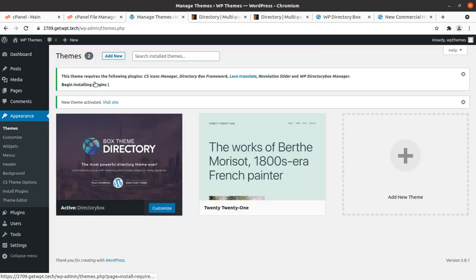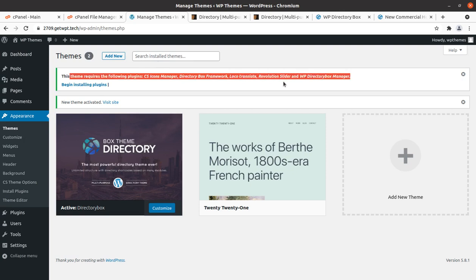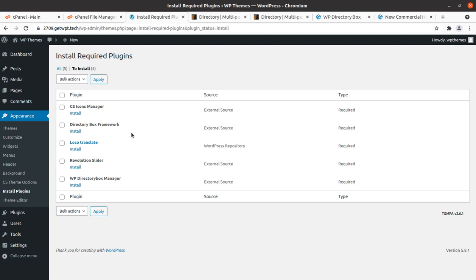Upon activation, we got a simple alert that we need to install certain plugins in order to utilize the complete features of this theme. Let us go to that screen. This is the plugin installation screen, and all 5 plugins are shown as required, and we need to install all of them. The Directorybox framework is a core plugin that is required, and it has been developed by the developer itself, so it comes from an external source.